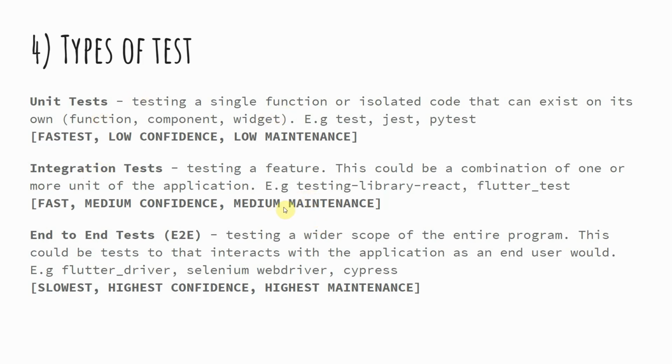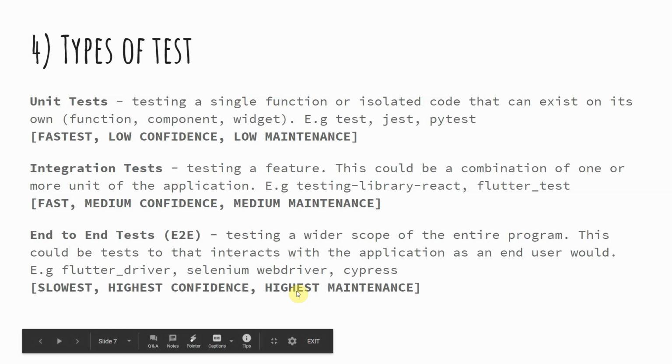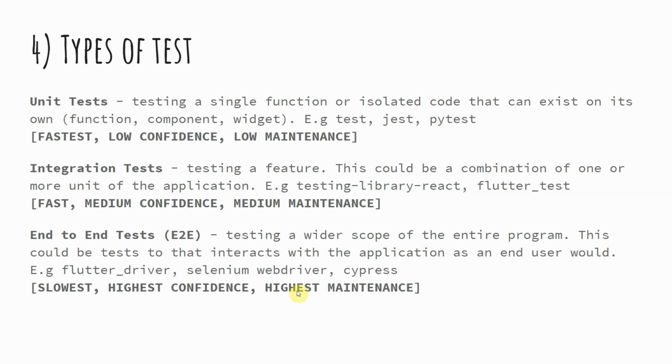So you just have to check. If, for instance, this integration test fails, the only thing you'll be checking would be that component or the widget and the corresponding functions that this widget actually uses. So sometimes it could be one, it could be two, but you just have a medium scale maintenance because it's not really that big. Then for end-to-end tests, it has the highest maintenance, because right now you're working with the